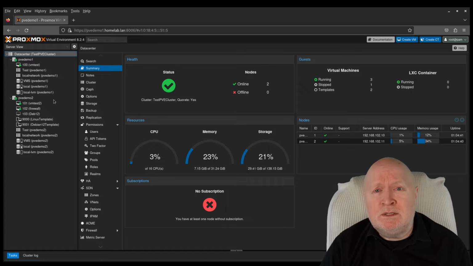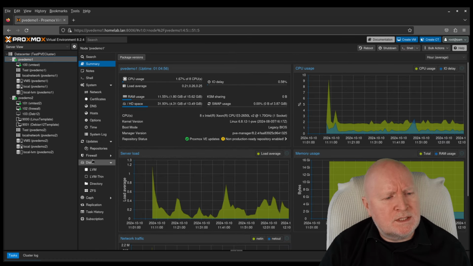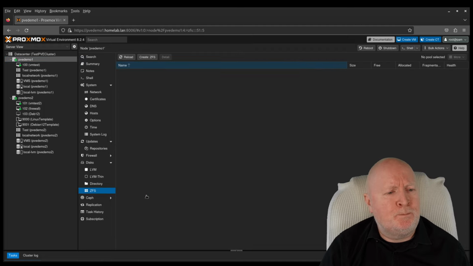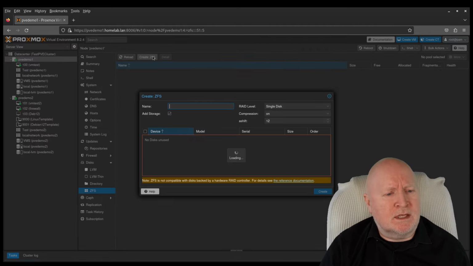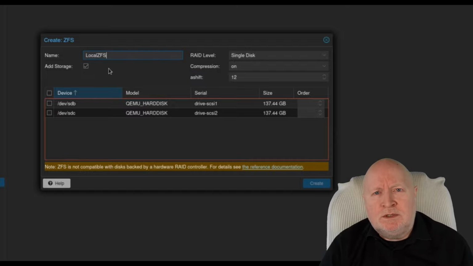But to be able to use ZFS replication, you need ZFS storage. So to set that up, we're first going to go to server 1. Then underneath disks, we'll select ZFS. Then click Create ZFS. First thing we need to do is to provide a name. Now, I'm going to call this local ZFS,